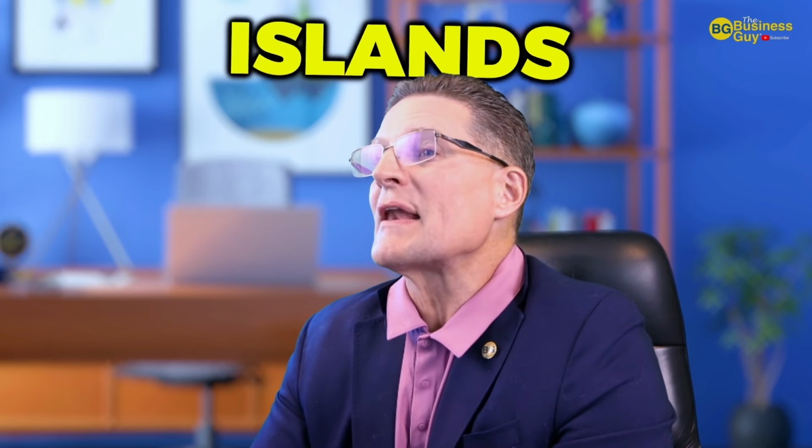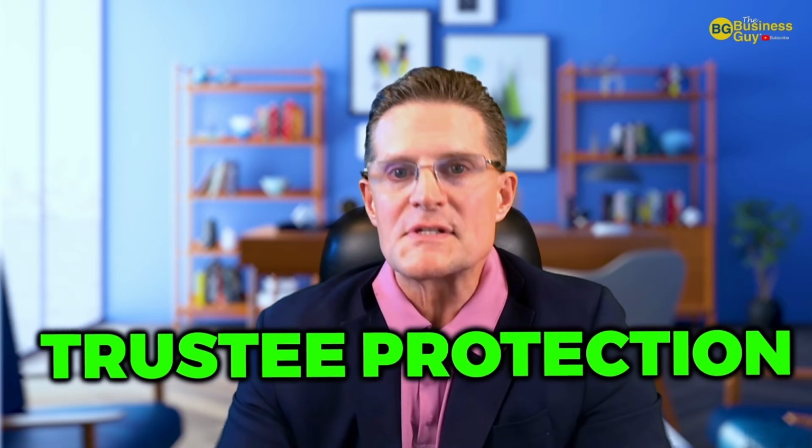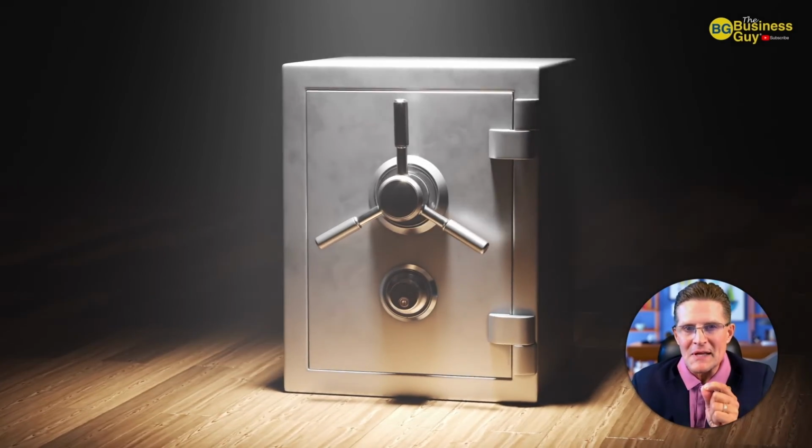What are the major Cook Islands trust benefits? Asset protection. Cook Islands trusts can provide a high level of asset protection from creditors, lawsuits, and other legal challenges. Privacy. The trust documents are not publicly registered, which provides privacy for the settlor and the beneficiaries. Flexibility. Cook Islands trusts can be customized to meet the specific needs of the settlor. Trustee protection. Cook Islands trustees are not bound by foreign court orders, which can help to protect the trust assets